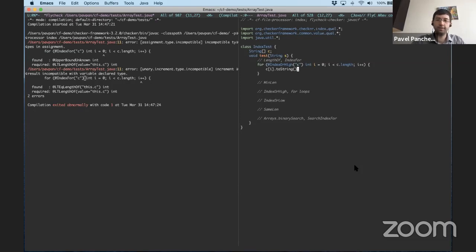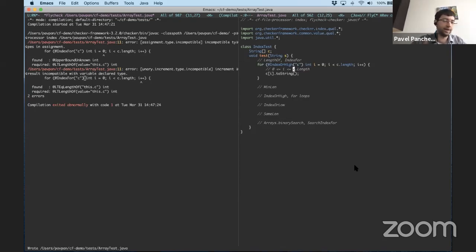It takes something that is an index for C, and increments it by 1. So it adds 1, getting an index or high for C, and then it assigns it to a value of type index or high. You can think of the annotation that I've inserted here for index or high as an analog of the stuff you used to write in Dafny, which was like I is less than or equal to C dot length, even though in reality, in every iteration, it should be strictly less than C dot length.